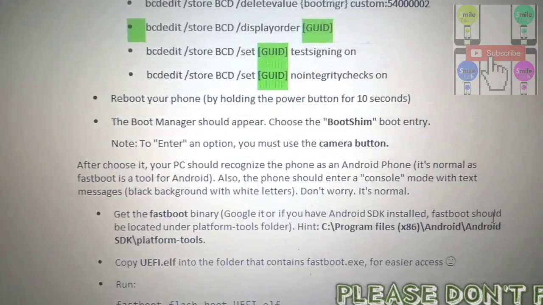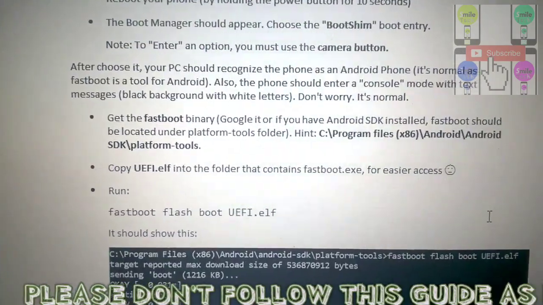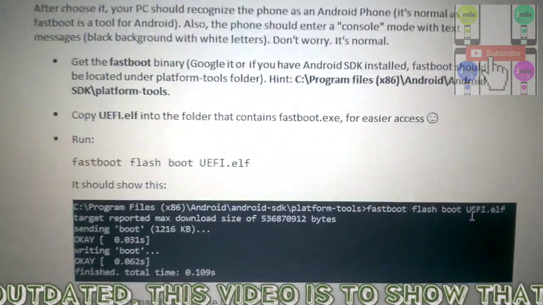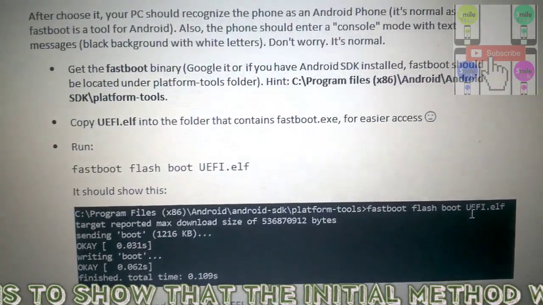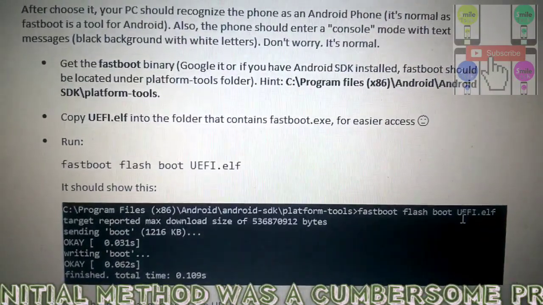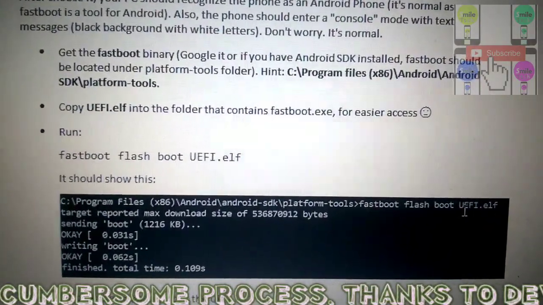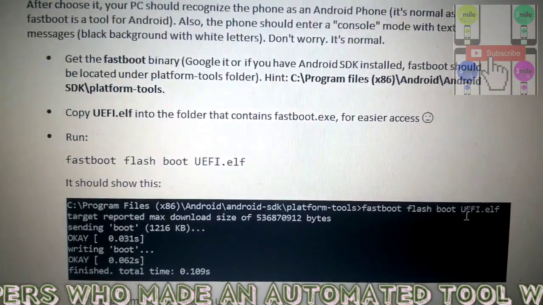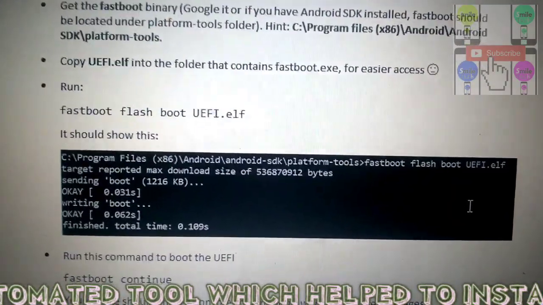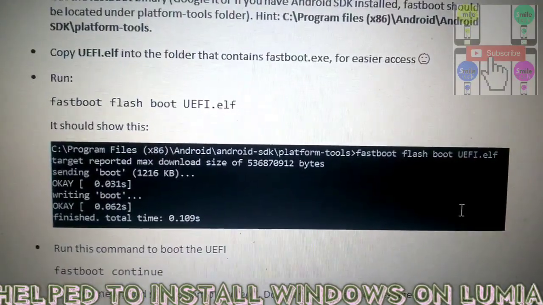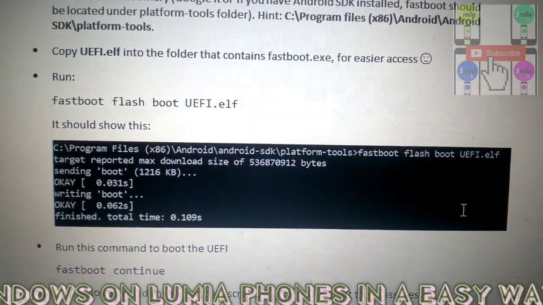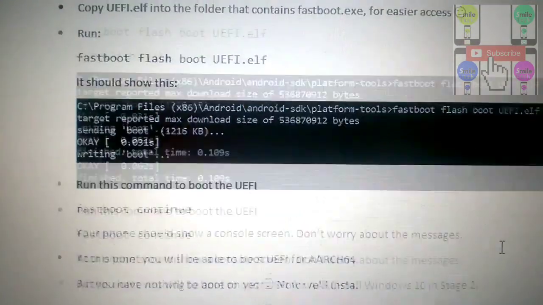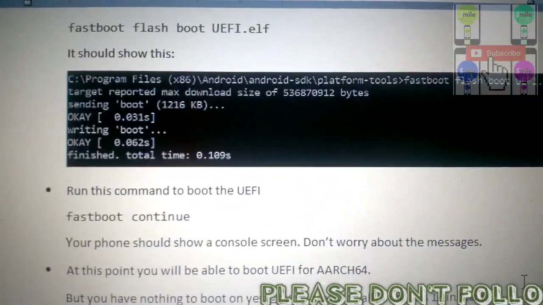So once the boot entry is there, click that, and you will get a screen like a lot of letters. Then you need to copy this fastboot to a folder, then open the command prompt, go to the folder with cd fastboot, then use this command. You copy your uefi.elf file there and flash it with the command fastboot flash boot, and then a message appears saying